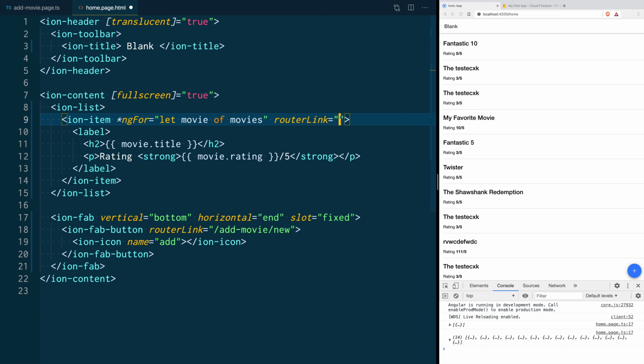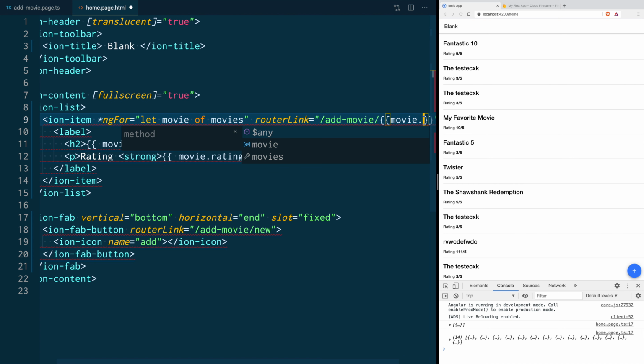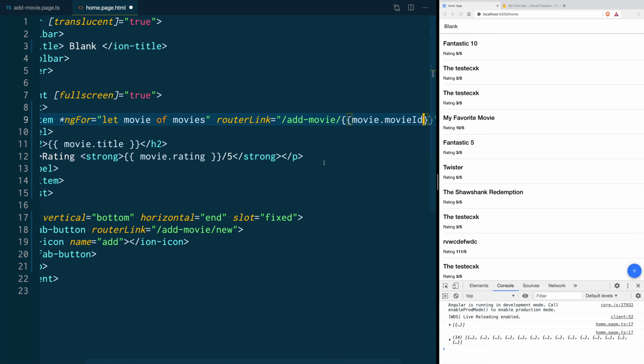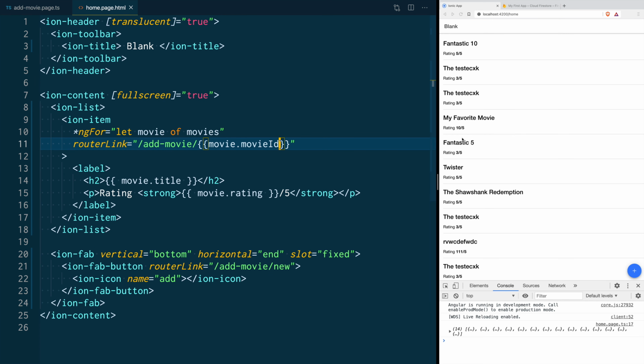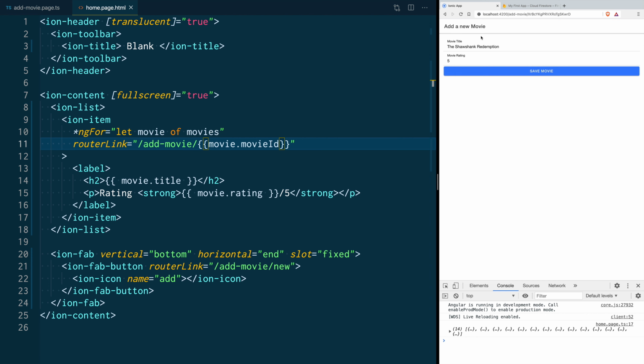And we are going to say, okay, this is going to take us to add movie, / and we are going to pass the ID of the movie we have right here. The ID was movie ID. When we save, you see that the page reloads and they all became clickable. So when I click on here, the Shawshank Redemption, for example, it's taking me already to the detailed page of